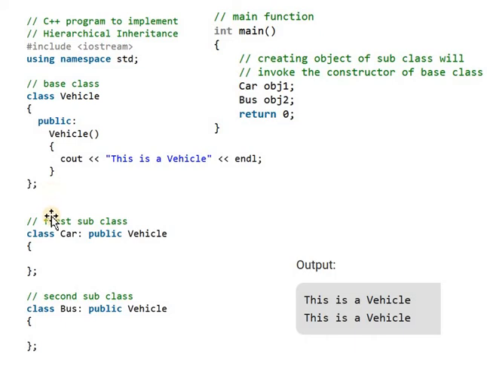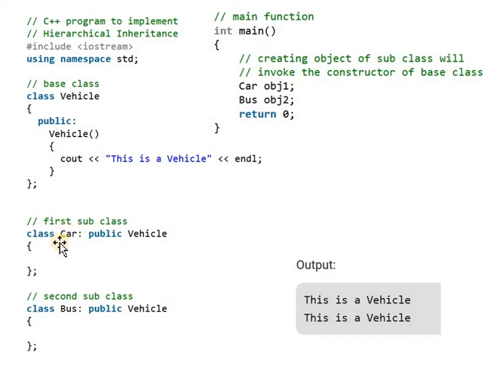Then next, we are specifying a first subclass. Here we are defining a first derived class or first subclass. The first subclass is a car. How to define that subclass? By using class keyword. After the class keyword, here we are specifying a derived class name.